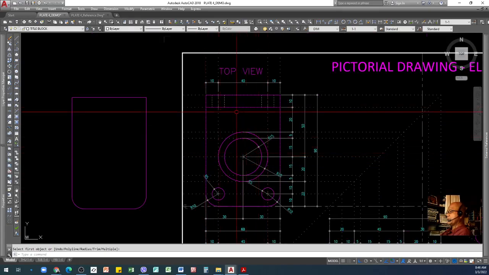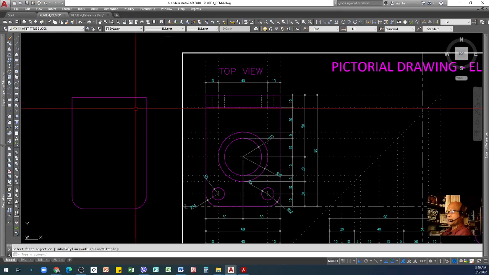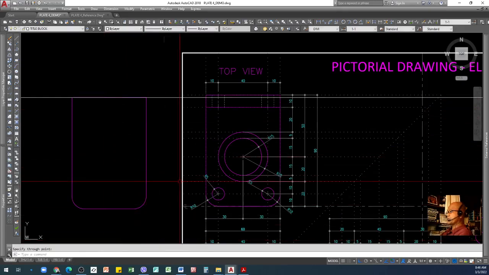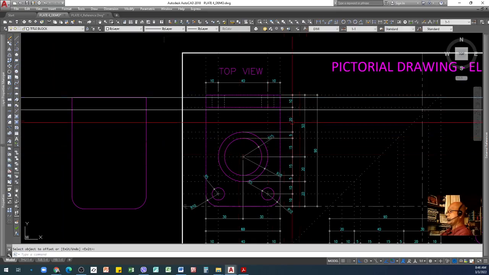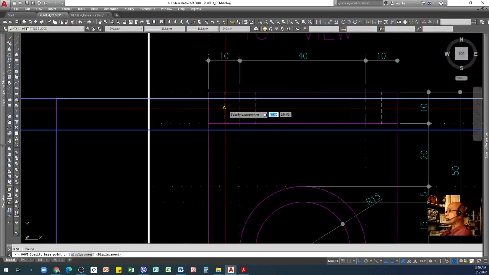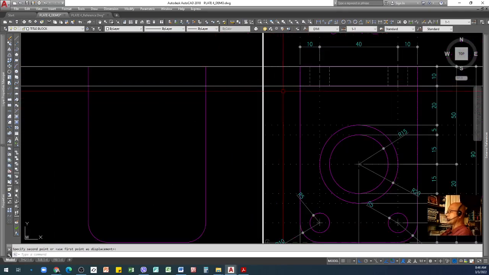And then the distance here you just copy. I can temporarily use a construction line, and then I will make it horizontal so that I can use the offset command. Then offset 10, and then sorry, it's not aligned with my object to the right. Okay, so they're aligned now.